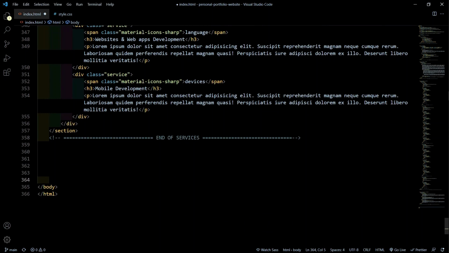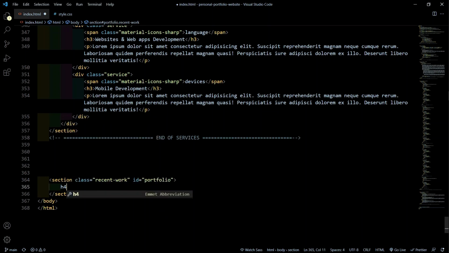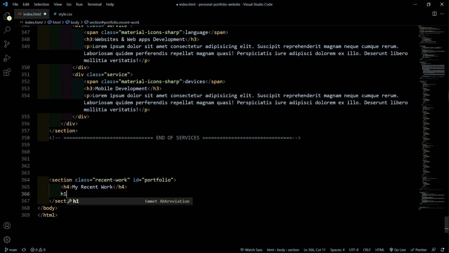So let's move on to our portfolio section, or our recent work. That is going to be a section with a class of recent work and an ID of portfolio, so that we can just click on the navigation menu and it will take us to this section. So we have that. We are going to have an h4, and that is going to say, let's have an h1 as well, and that is going to say,